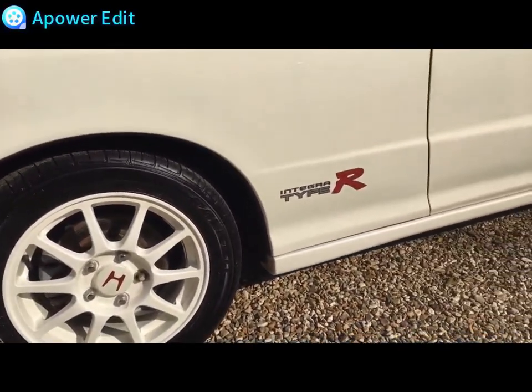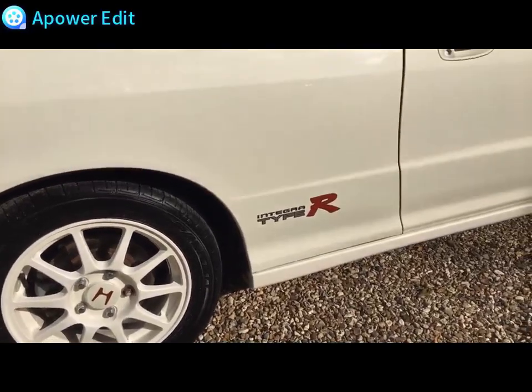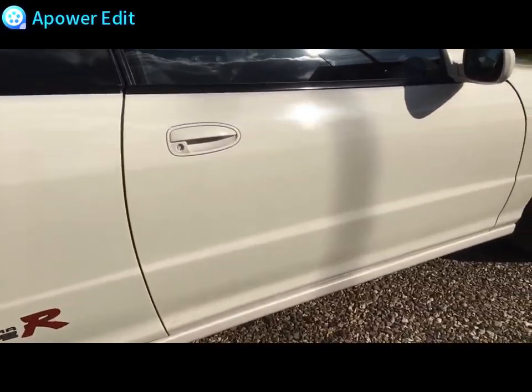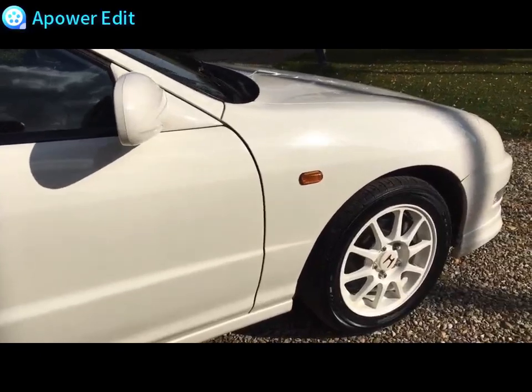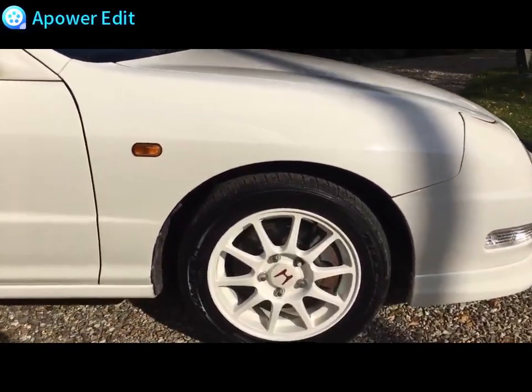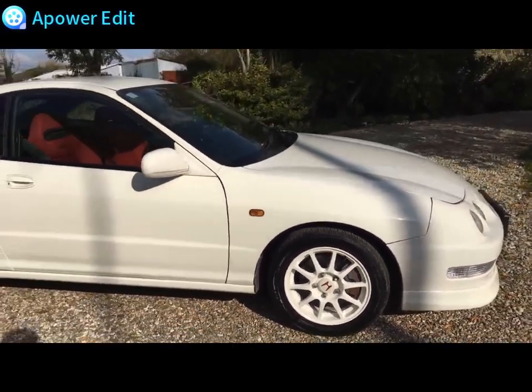There were little bubbles coming under where it says the Type R there. They're brand new graphics on there, or decals rather. But the inner arches were done, so it was all done properly, everything was removed. It was there for many months getting it all done for me. And then final alloy, absolutely superb. And externally,